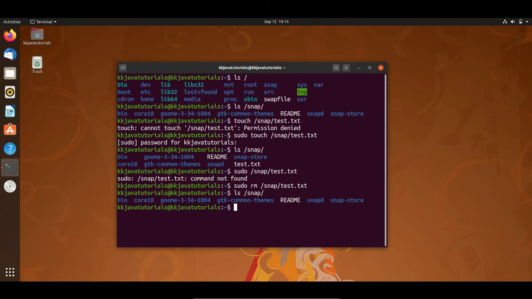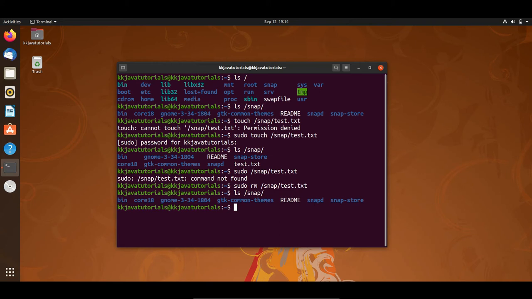Now apart from this, what you understood is that sudo gives you the special privilege to do configuration changes, or if you want to create some directory or files where permission is not allowed. Whenever you see permission denied, most of the time that problem can be solved by using the sudo command.